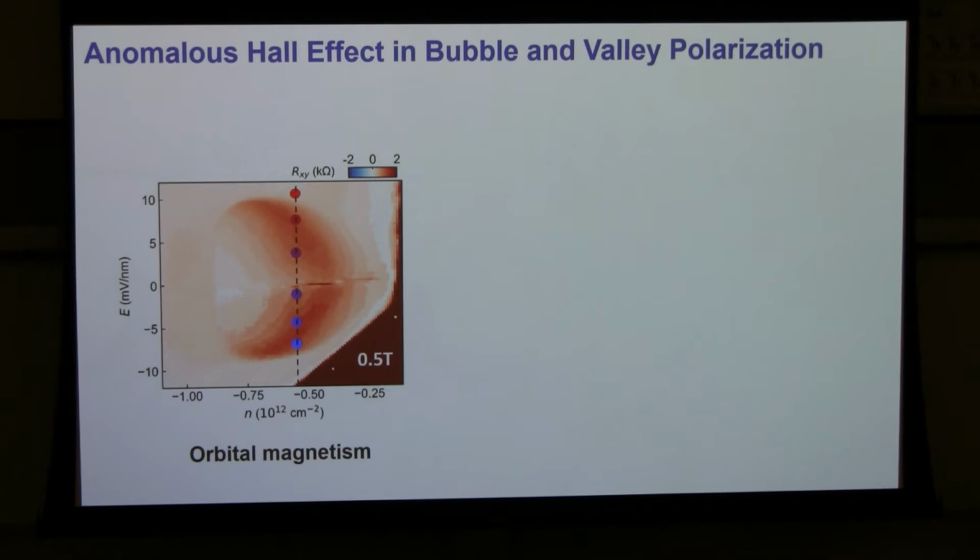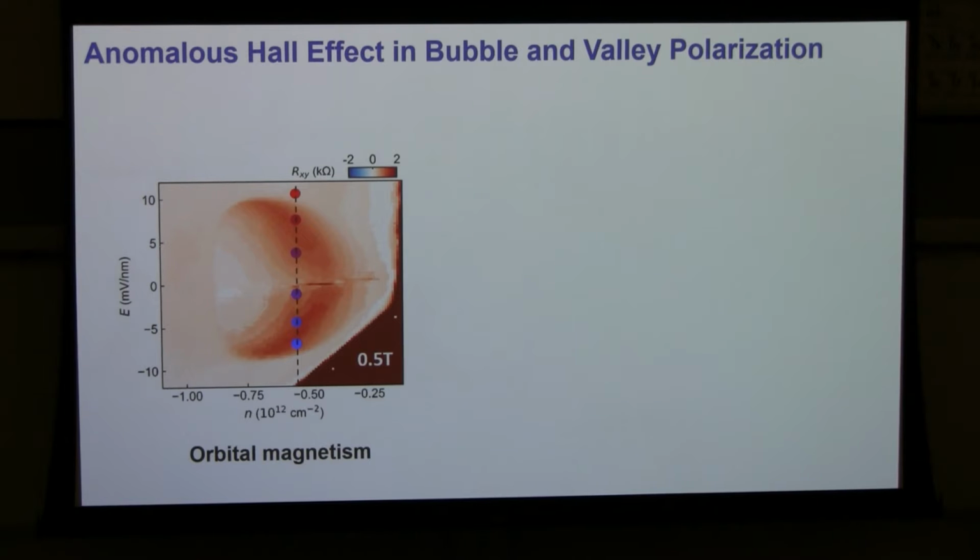So what's anomalous about the Hall effect? You have a magnetic field on it. Okay, so basically all the magnetic field does is to stabilize it, because the Hall resistance can be positive or negative. If you keep it at strictly zero magnetic field, it will fluctuate between positive and negative, and you'll get kind of random fluctuations here.